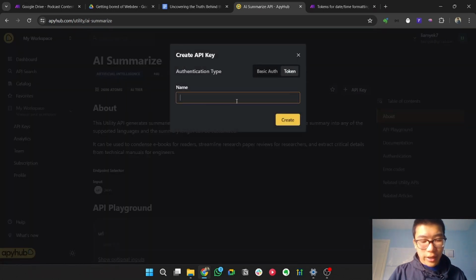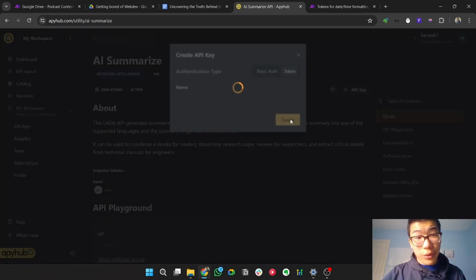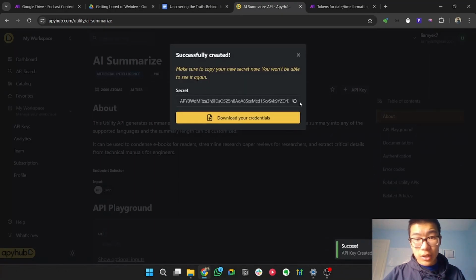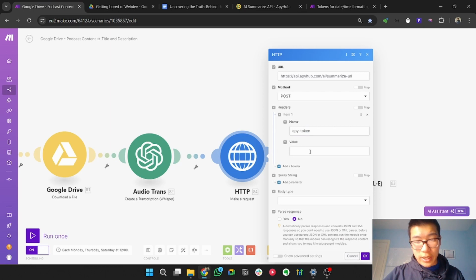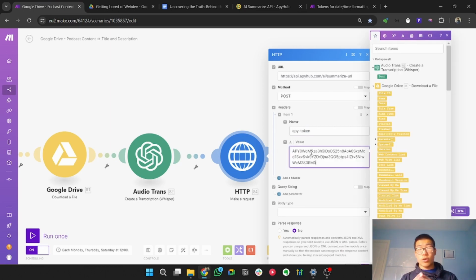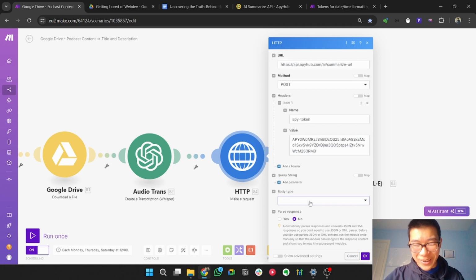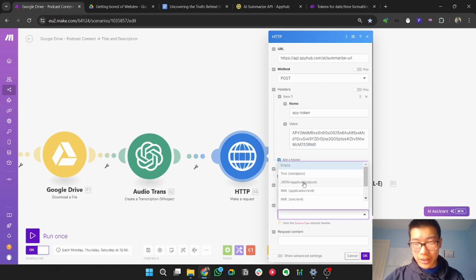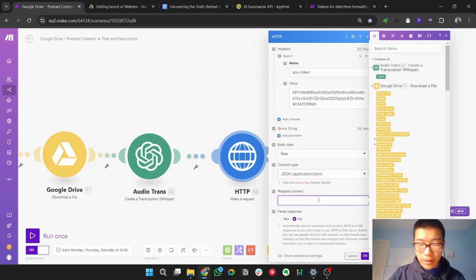So I'm just going to generate an API key here just to show you guys. This is just a test. You copy it, generate it, and put it in here. So when you send a request over now, it'll let you in because it knows you have an account here and it can track you, which sounds really odd when I say it out loud. But look, what can you do? So you put this as raw, as JSON, because we're going to be putting JSON format.